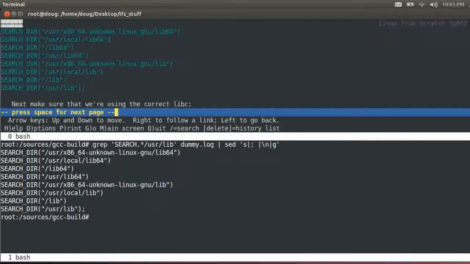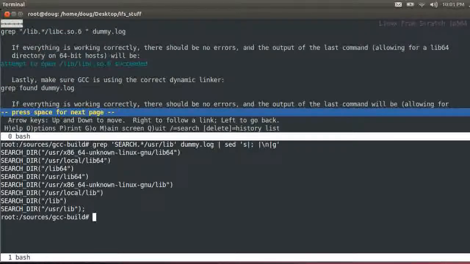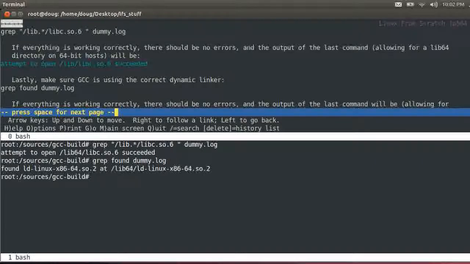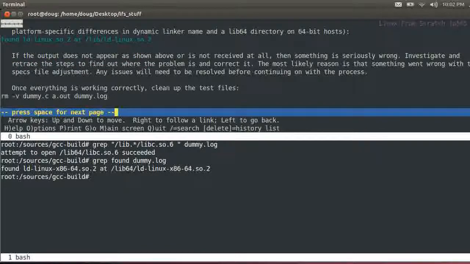Now make sure that we're using the correct libc. So let's say grep '/lib.*/libc.so.6 ' dummy.log, and grep found dummy.log. Okay, you should get something like that.